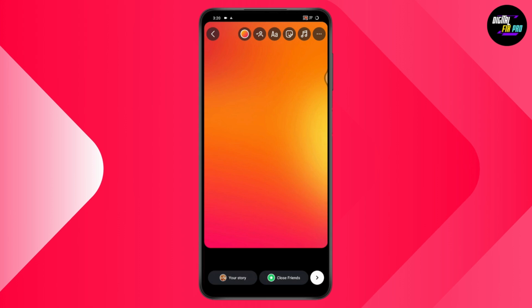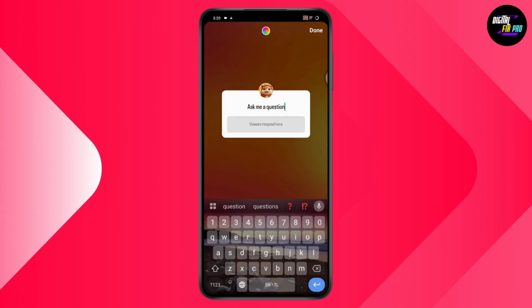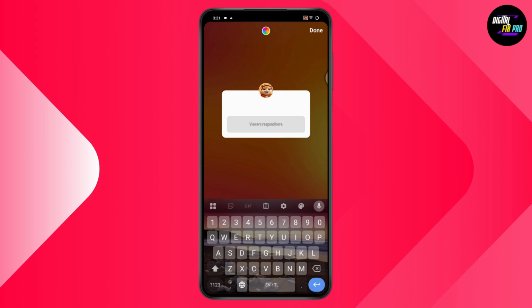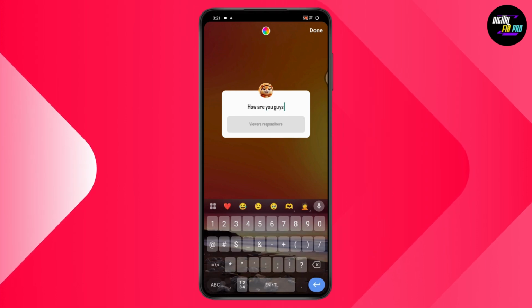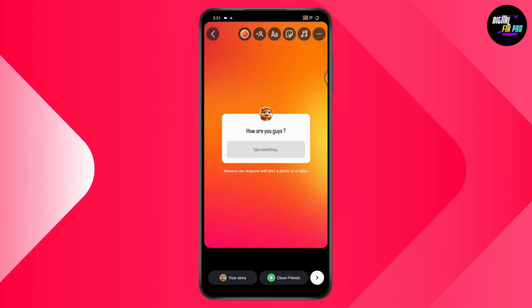After taking, you need to go with the upper right, which has stickers, and from the stickers you will have an option of questions. So tap on questions, and here you will get ask me a question. So you can either write ask me a question or anything that you are comfortable with. And after writing the question, you need to just go with done, which is on the top right, and add